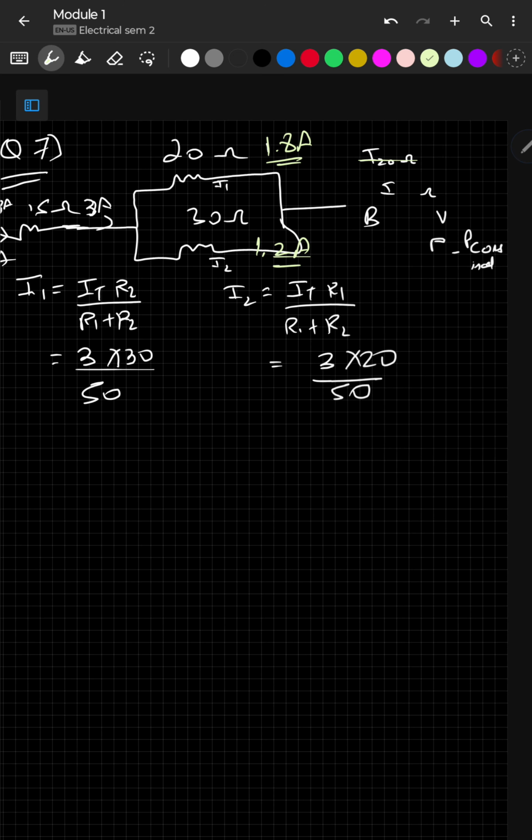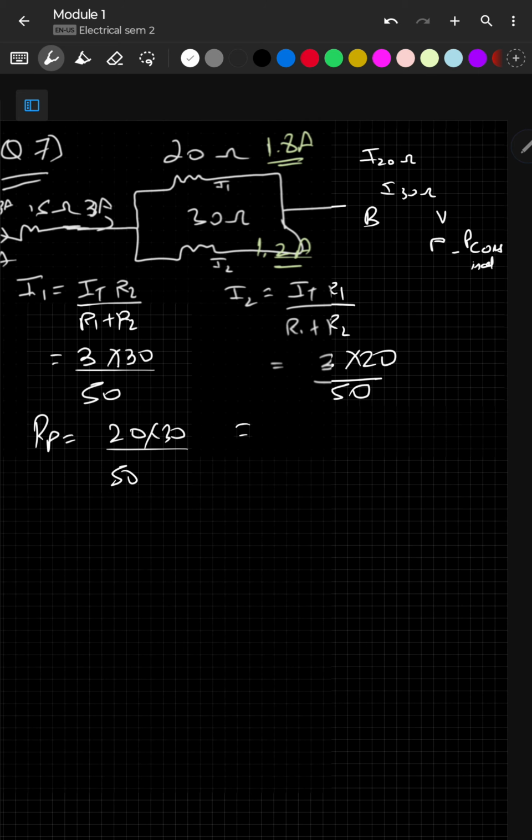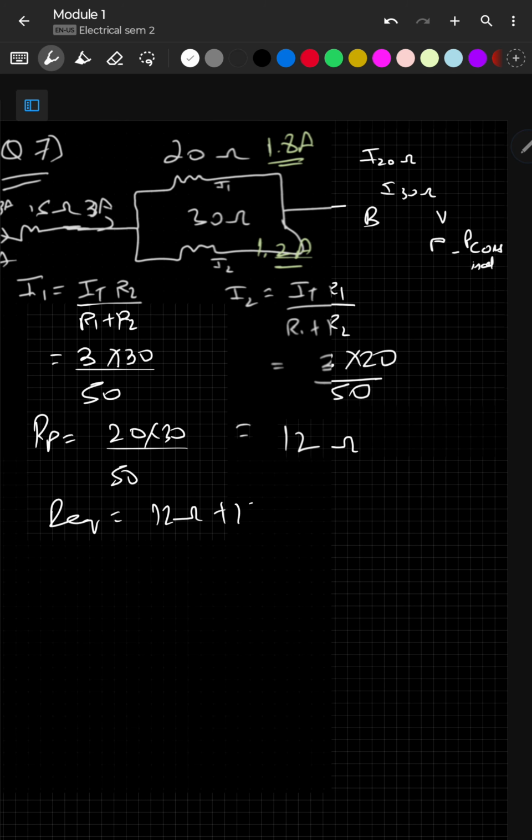Now voltage across the whole circuit we have to find. So how are we going to find that? First let's try to find equivalent resistance. So first parallel, I'll do this RP, 20 into 30 by 20 plus 30. I will get 12 ohm. 12 ohm plus a 15 ohm. So R equivalent will be the 15 ohm, can you see, right? 12 ohm plus 15 ohm. That will give me